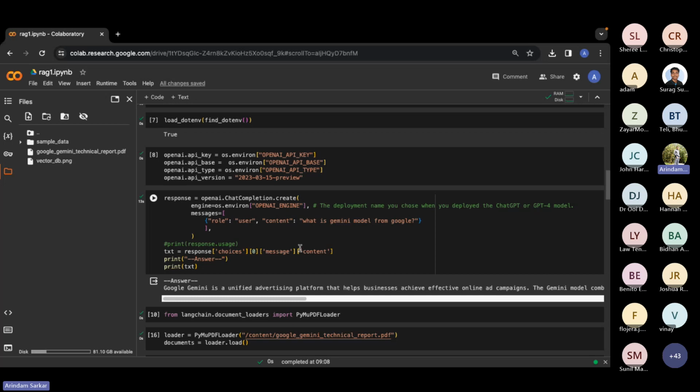But you might have data that goes past 2022, say research papers coming in 2023, which is exactly the case with this Google Gemini paper, which came out last month, maybe end of 2023.